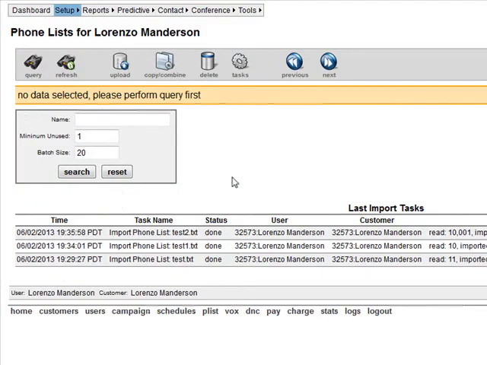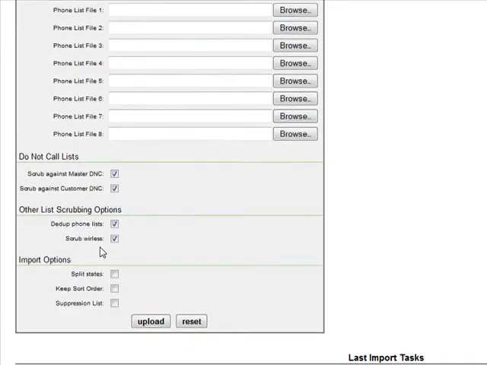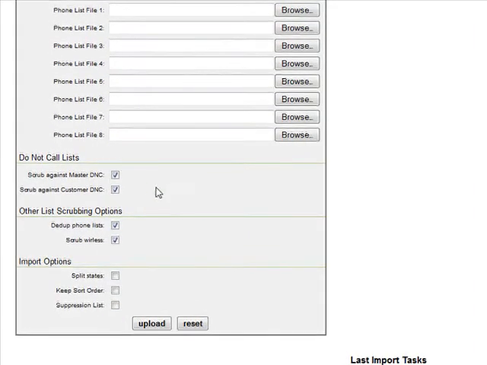All right, so when I first come here, I click on P list. All right, and then what I'm going to do is look up here and I'm going to click on upload. All right, now these buttons here to click, this is very important. Okay, you're always going to want to have this one checked. Scrub against customer DNC. These are the people that have pressed 9 during your message so they can get removed. You definitely want to have the customer DNC. These are the customers inside your system that have pressed 9 that want to be removed,